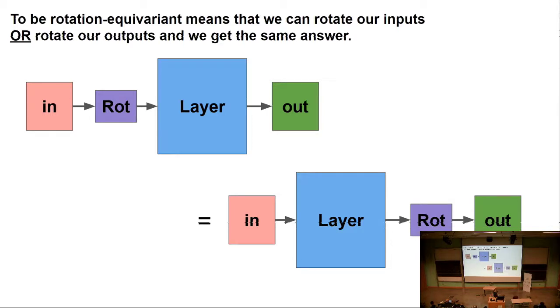Great. Okay, perfect. So to be rotation equivariant, because the rotation equivariance is the gnarly thing that we had to deal with, translations were already baked into convolutions. Just to reiterate, to be rotation equivariant means I could either rotate my molecule and put it into the network and get the output forces, or I could put in my unrotated molecule, get the forces, and then rotate the forces. So this is what it means. I can apply these rotations anywhere. Now, we don't, in practice, apply these rotations. It's more that, in theory, if I have two copies and one of them is rotated, it's the same as if I just put one through the network and then rotated the outputs.